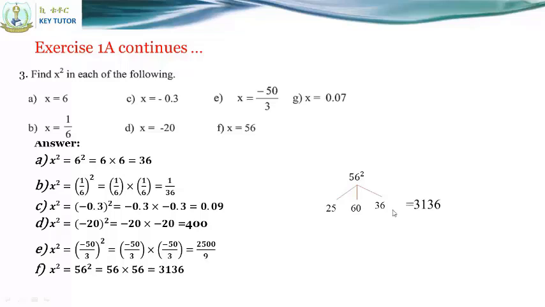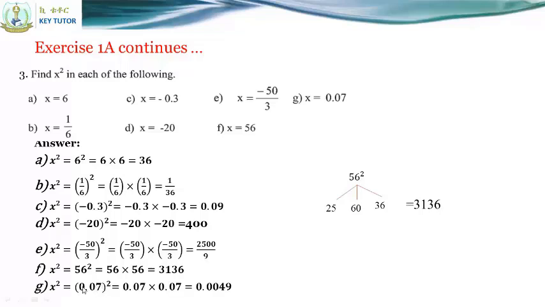Now from that take the units digit 6 and carry 3 onto 60, which is 63. Take 3 again, carry 6 onto 25. 25 plus 6 is 31. Altogether